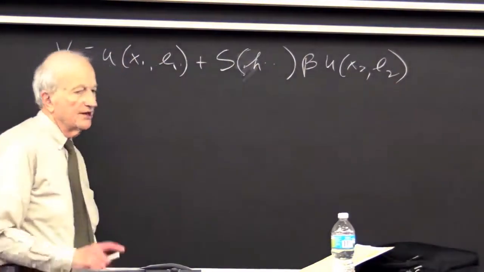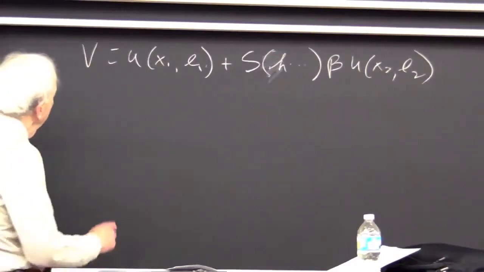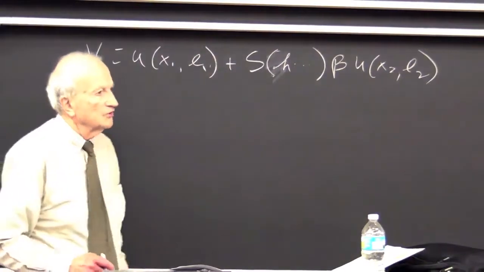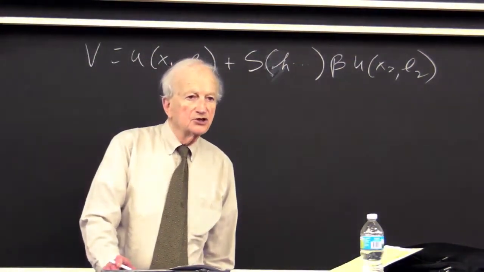Probability of surviving through the second period, beta is the usual discount rate. And then we had the budget constraints, so expected consumption is equal to discounted